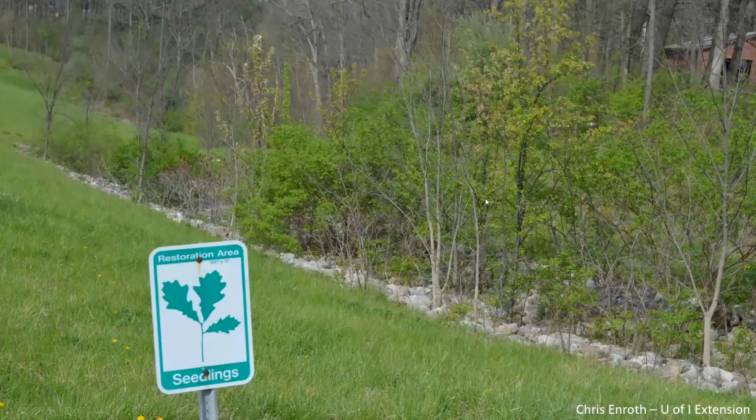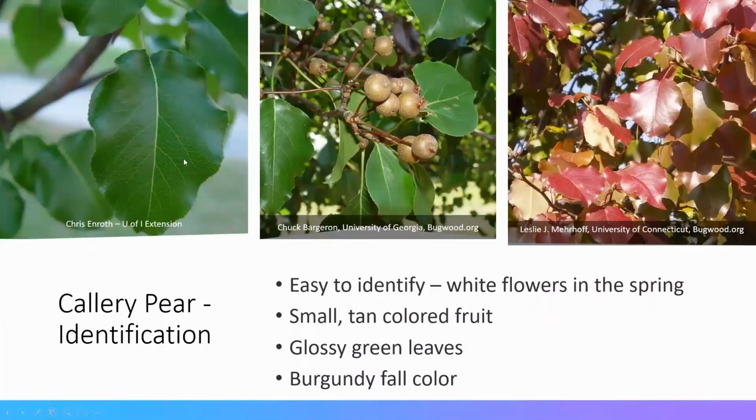Now, this is a picture taken outside of my office here in Macomb, Illinois. There's many things to comment about with this picture, namely the restoration area, which is mowed for the most part, which makes it a very poor example of a restoration area. But all of these trees in this rocked area, we can see the fading white flowers there. They're tannish brown right now. Those are all Callery pears that have escaped into this ditch area right outside my office. And we're really seeing them all over the place.